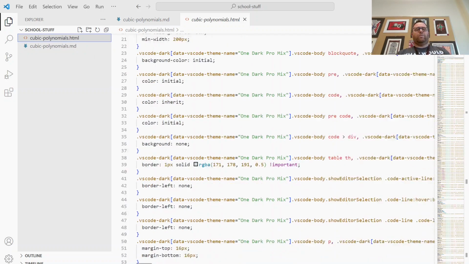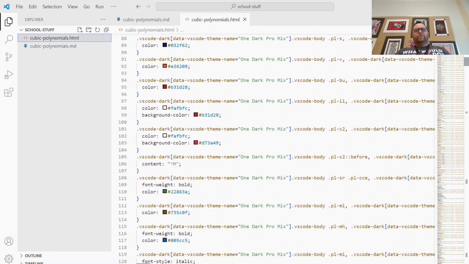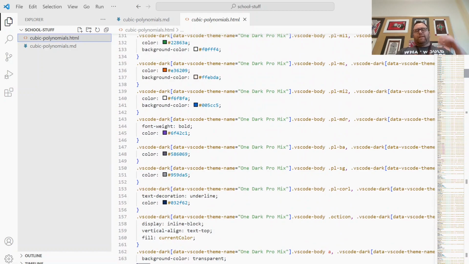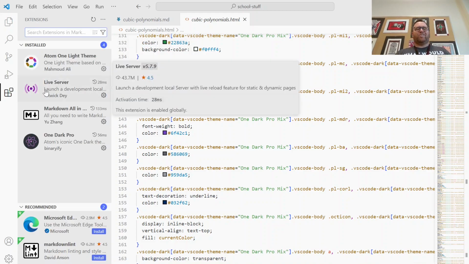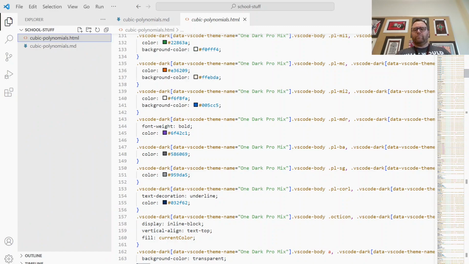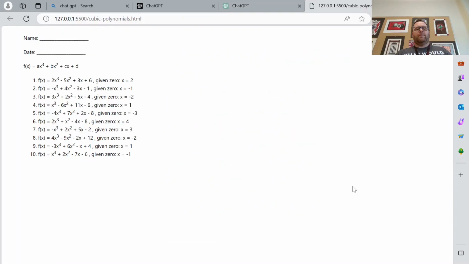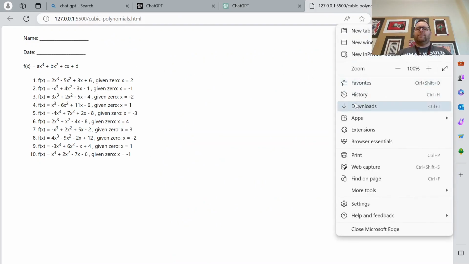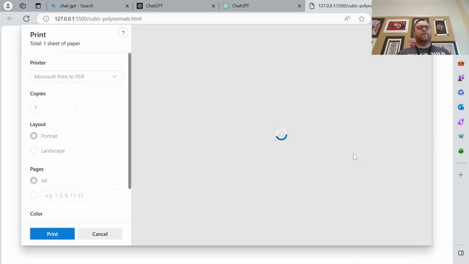Now it throws in a whole bunch of styling here. You could put in your own styling for the paragraph, like spaces below and above and the margins if you wanted to. But if I click on the Go Live button, which is with this extension Live Server here, then I get the worksheet in a browser here, and then I can just go and print